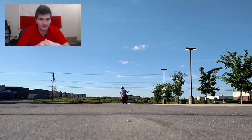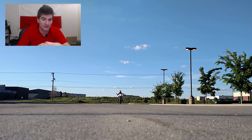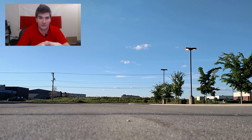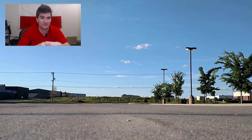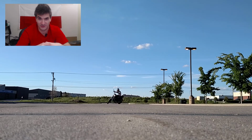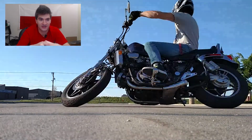No, but you can make your stock calipers work. And the way to do it, you would buy a rebuild kit with all new rubbers, all new bolts, screws, seals, whatever, and you would get a quality front brake master cylinder, a used one from some sort of super sport maybe, and you get braided brake lines, because the 30-year-old brake lines can lead